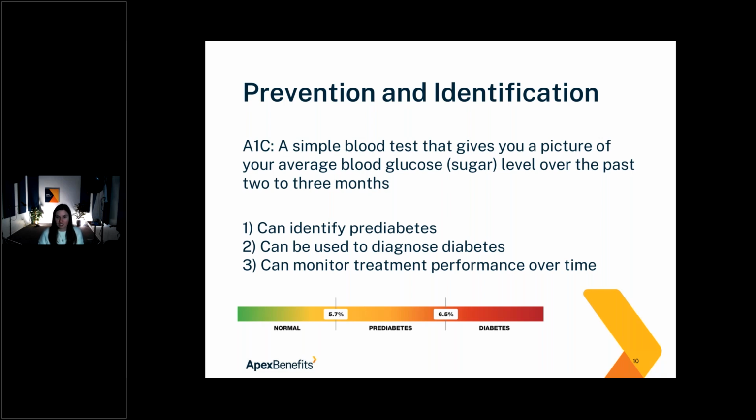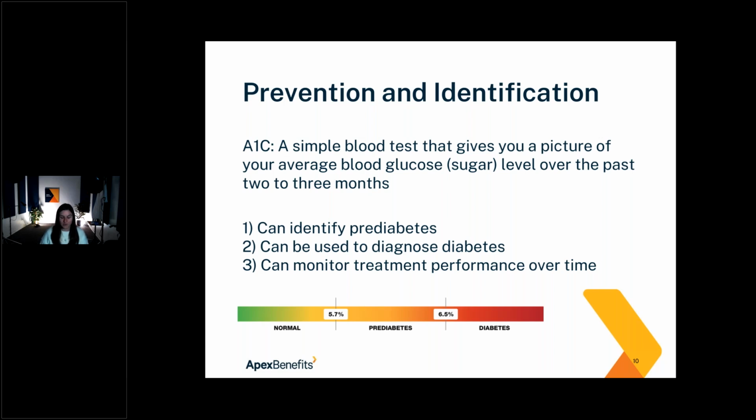So make sure that you're asking the doctor before you're being seen at the physical to do pre-workup of labs, to run all of your levels. It's going to look at your cholesterol, but it's also going to look at your blood sugar levels. You should be doing this at least once a year.